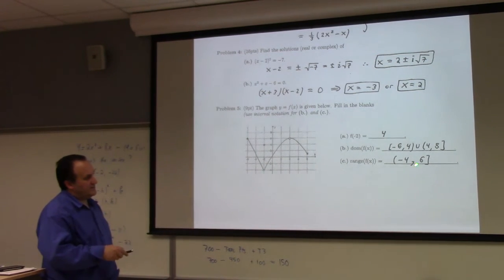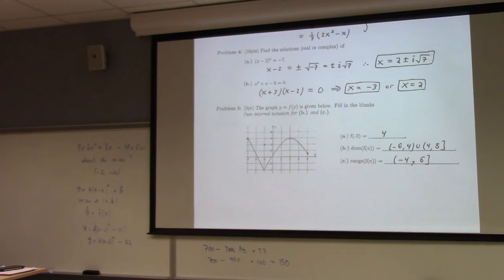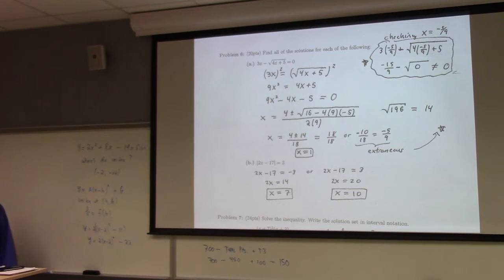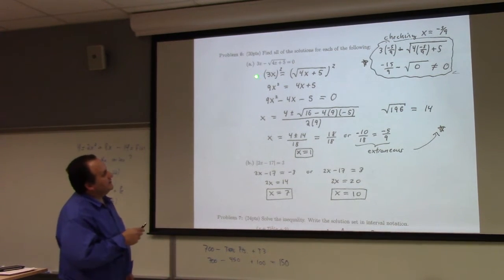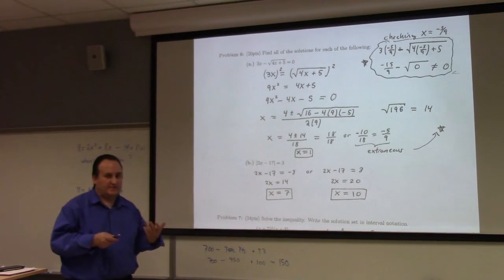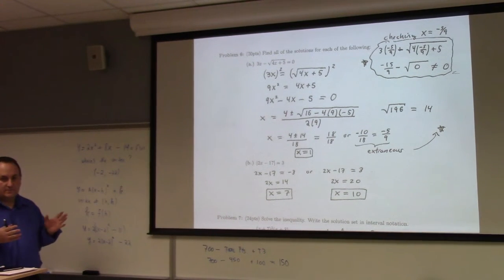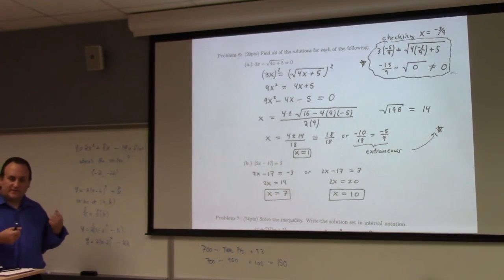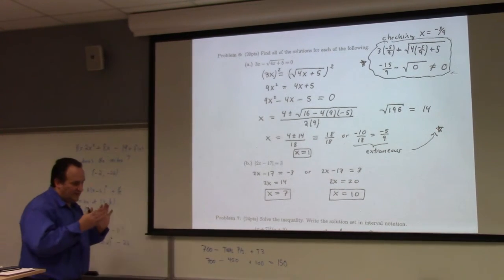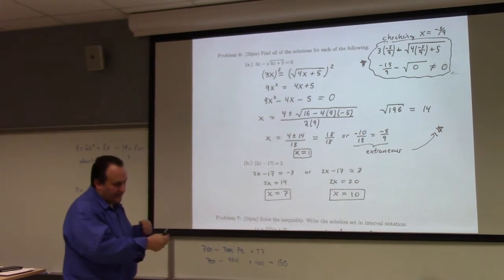Everyone should review this. If you had trouble there especially, there are a lot of problems there, but it's not actually a bad problem. I think you guys did better on that on the test than you did on the quiz, if I recall correctly. This one here. So for a problem involving radicals, what's the one piece of advice I have that you should focus on? Isolate the radical before you square it. So if you need to add things or subtract things, do so. Make sure that your square root is on its lonesome so that when you square it, you just square the square root and you don't have to